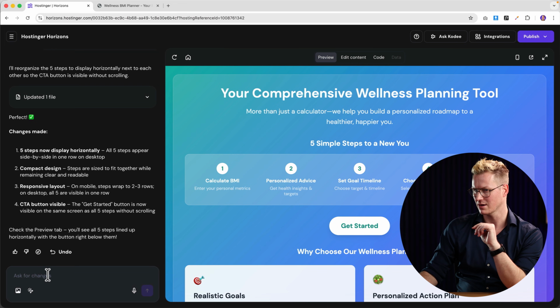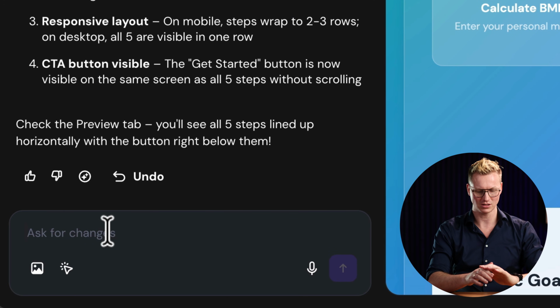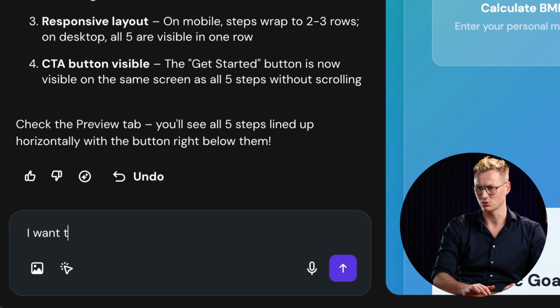So what I can do now, I can link this to AdSense and then AdSense can place advertisements on my website. Before I do that, I need to go to this area at Hostinger to go for some changes. So I say I want to place ads on my website.